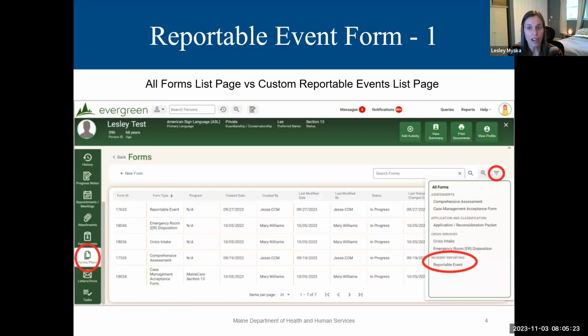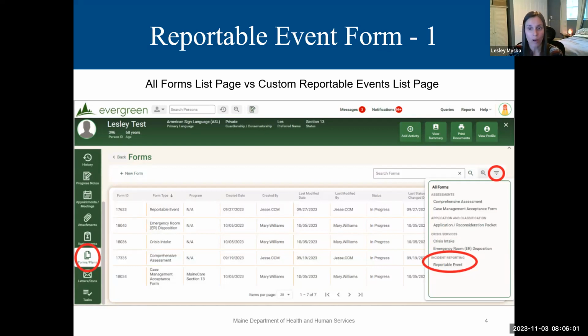So today we're going to cover the reportable events form and progress notes, and both have been enhanced for more standardized and consistent data capture. Specific to the reportable event, it's been enhanced to more closely align with the CMS critical incident reporting requirements and to make it easier to identify trends in reporting. Please note that throughout the presentation, I will be providing a high-level overview, and I may not point out every feature or field that you see on the slides. However, there will be plenty of time for you to explore the system between now and January.